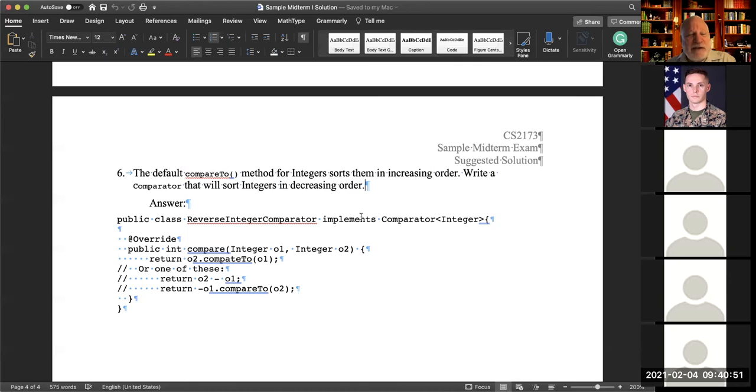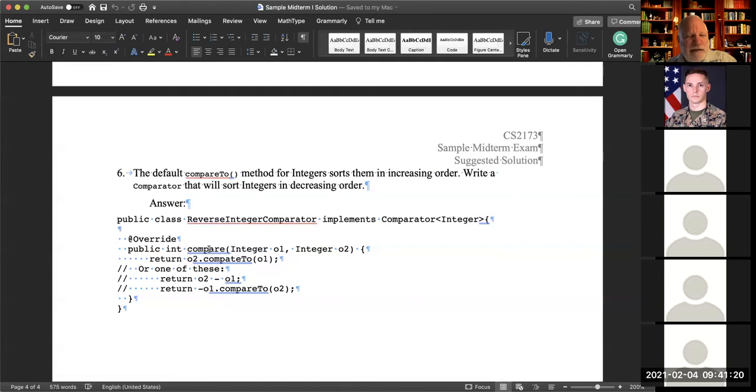Now, given that, what if I wanted to sort them in decreasing order rather than increasing order? Sometimes there's a case for that. One way to do that is to write a custom comparator. The way to write a custom comparator is to have it implement the Comparator interface. I have to put Integer there so it knows that it's comparing integers.